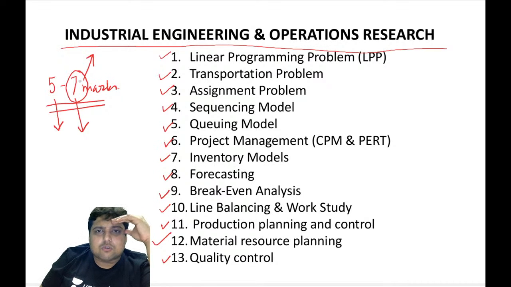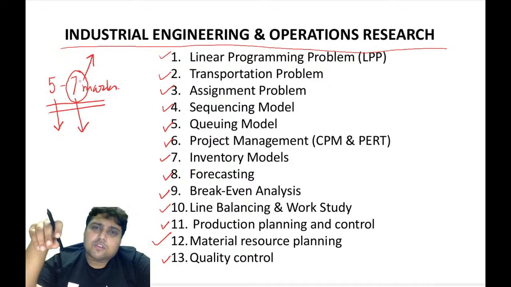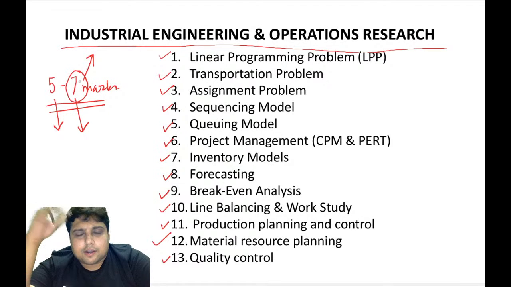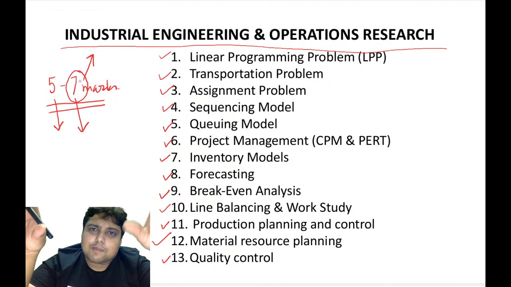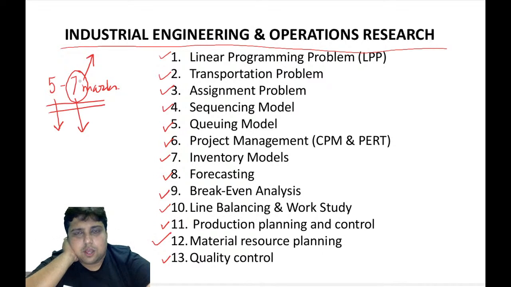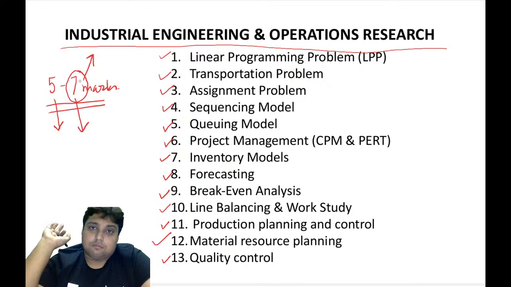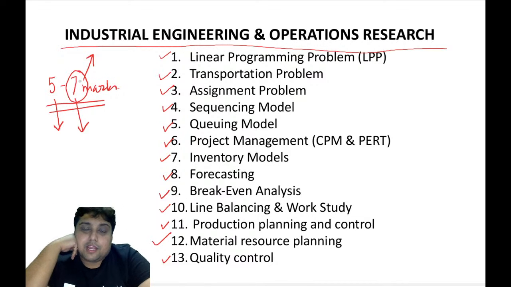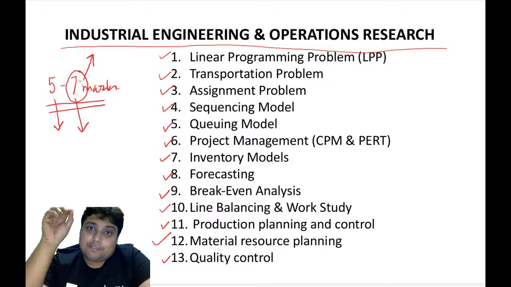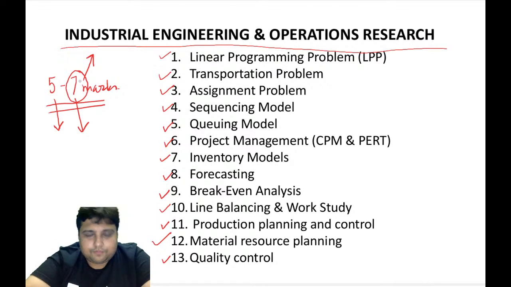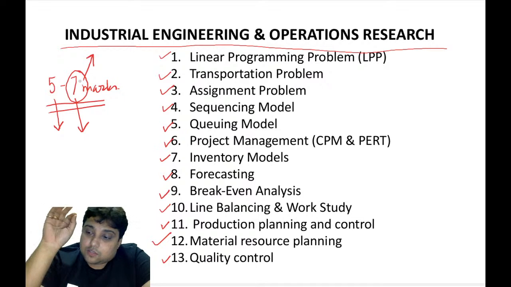You know why they said those things? Because in those days, if you secured 50-55 marks in GATE, your rank would be somewhere around 50 or 100. People used to secure that many marks by preparing thermodynamics, fluid mechanics, and so on. But now it is not the case. You will have to prepare each and every subject thoroughly. एक number इधर उधर हो गया. Even if you leave 1 or 2 marks here and there, chances are the question might come in the exam. And if the question comes in the exam and you are not able to solve it, your rank is going to go down. Okay. So 5 to 7 marks is a huge number.